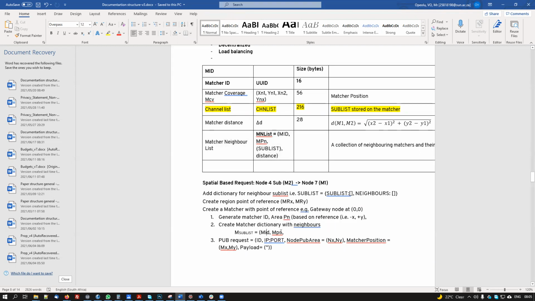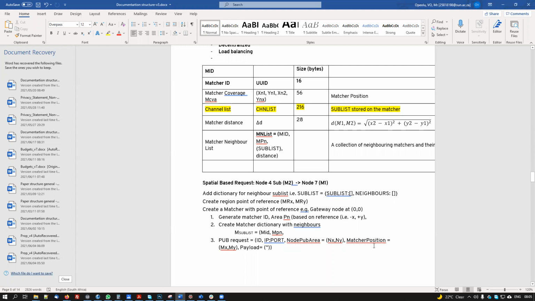But you have the MID, the matcher position, or in this case, I changed it to matcher coverage, because I think that's a better way to say it, coverage area or something like that, CVA, we use that. So you have an idea of the neighboring matches. You have the IDs, you have the position, and then you have the distance. I think that's the major thing that changed from the last time, which is how far the neighbors are to you, and in terms of the direction.